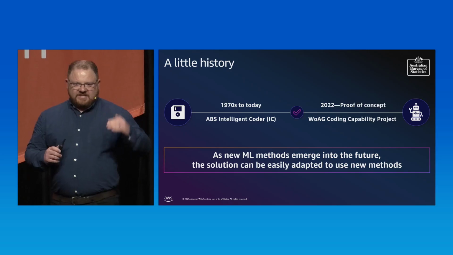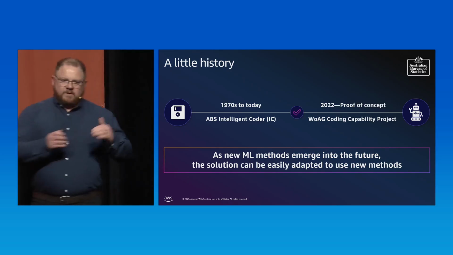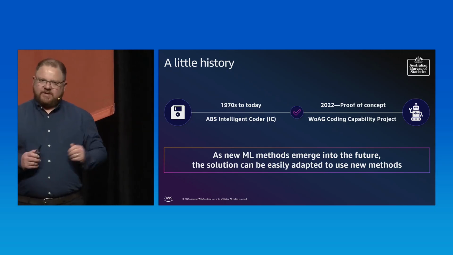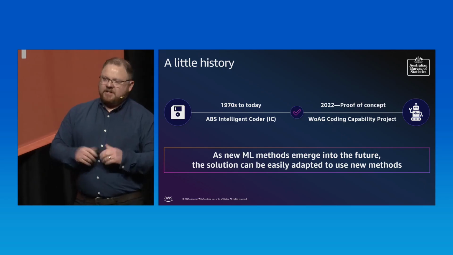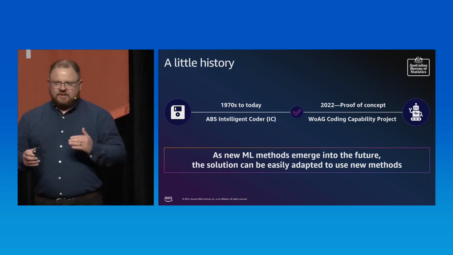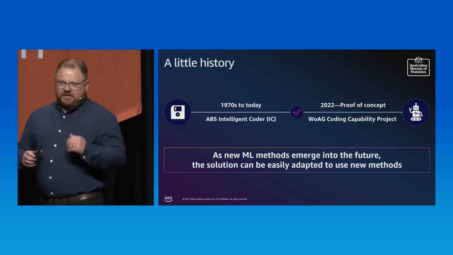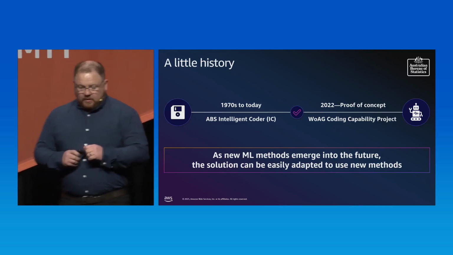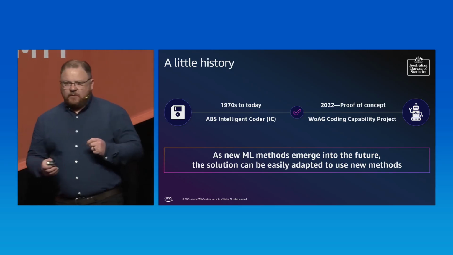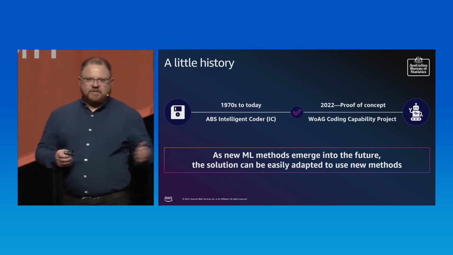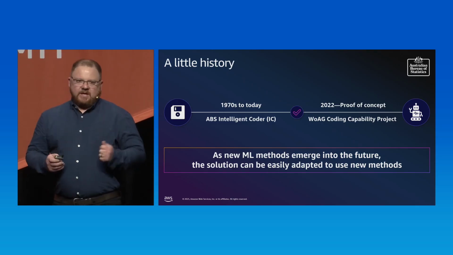And at the same time, they explored the use of large language models, recognizing at the time, whilst we have 10 years worth of experience with support vector machines, that technology in itself has changed, and large language models are now the rage. So we need to understand what is the best solution for our particular use case. Enter the whole of Australian Government Coding Capability Project. I'm happy to report that we've been able to productionize those designs. We have the cloud infrastructure in place, we have SageMaker pipelines, we have notebooks, and we've already begun training those models.